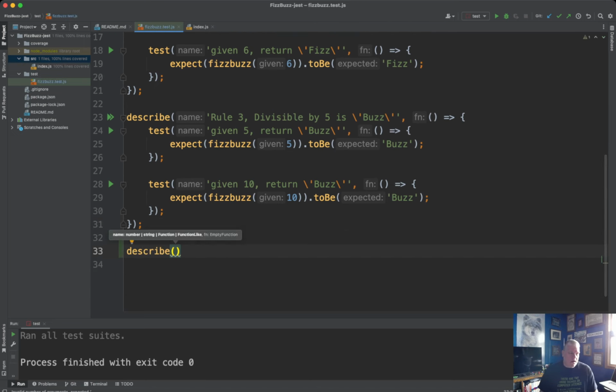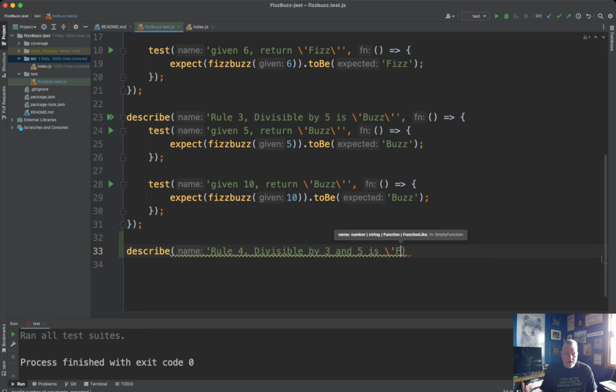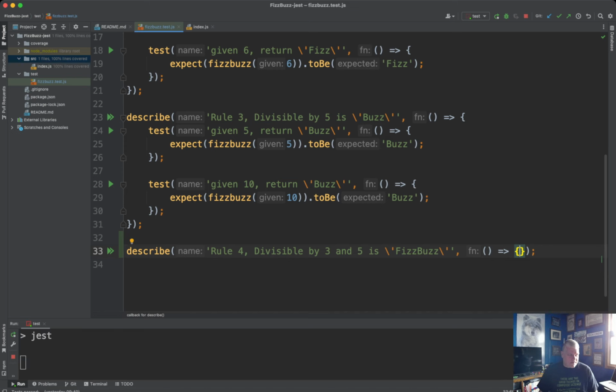Describe rule 4, divisible by 3 and 5 is FizzBuzz. Cool. So now I've got a function for that. Make sure I didn't make any syntax errors. I feel like I did, but